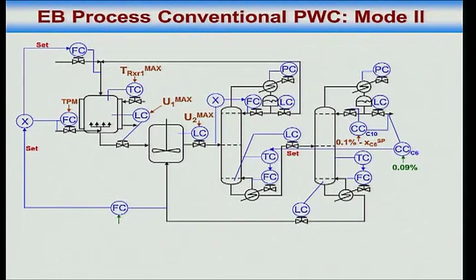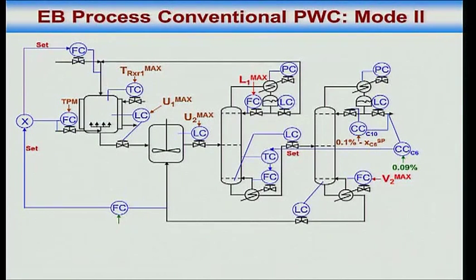Okay, now I am going to increase the throughput and go to mode 2. Okay, go to maximum throughput. So I start jacking up the ethylene. This becomes maximum. So I can't maintain ratio, that's fine. I jack up the throughput further. This becomes maximum, I can't maintain the temperature.